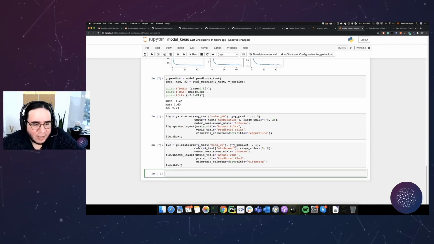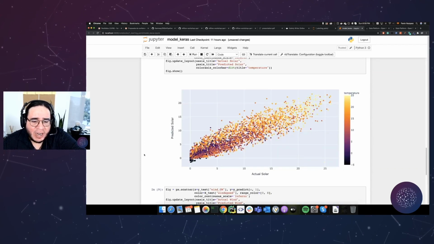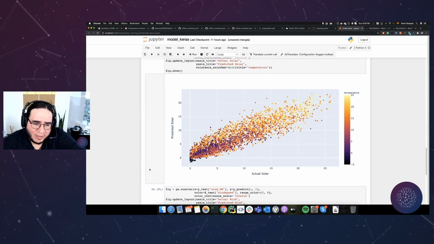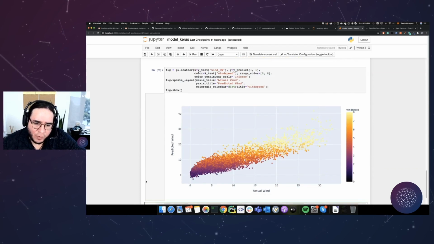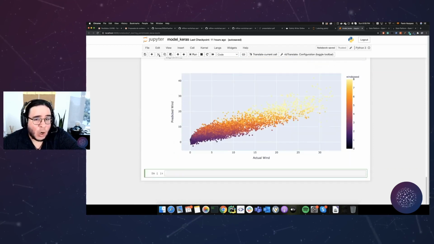And I'm going to plot this and this. So what you're seeing here is the predicted data for the solar and the actual data, and also for the wind data. Okay. So with that,